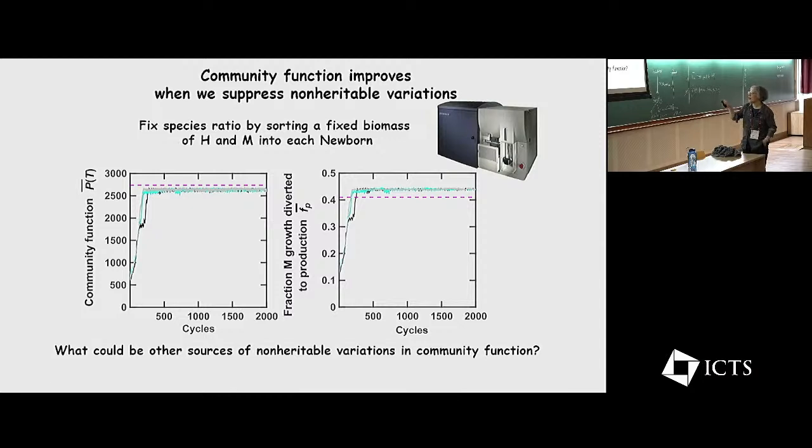And what could be other sources of non-heritable variations in community selection, right? During community selection. So this is one non-heritable variation, right? Fluctuations in initial composition of species. What are other possible sources of